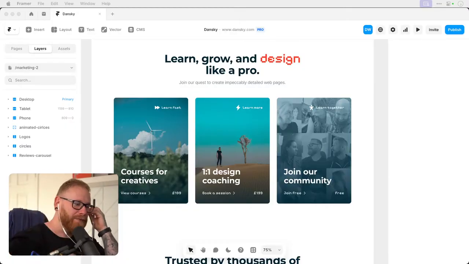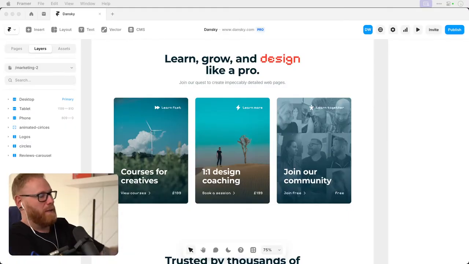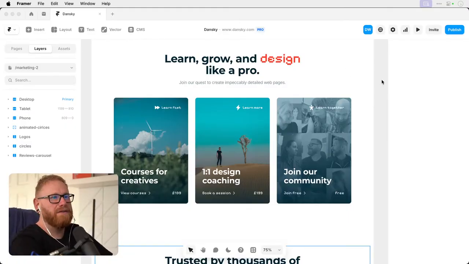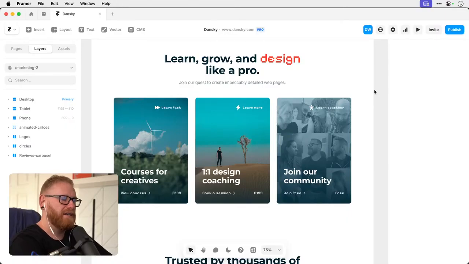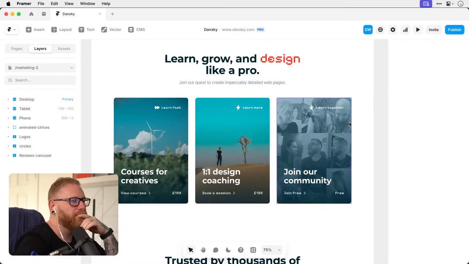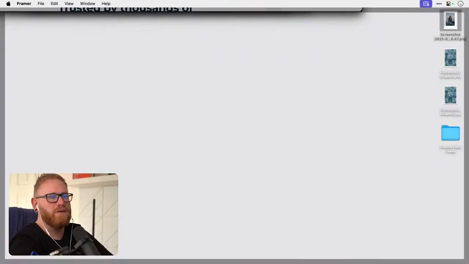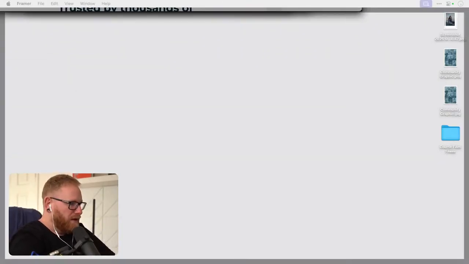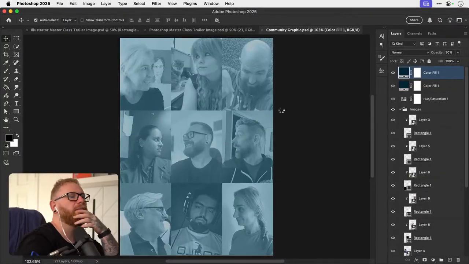Anything can happen. Oh yeah, I love that style, Moosh. In fact, that style is something I would love to have throughout the site actually. Even if it has to be a shot of me or something, make it black and white, but make the glasses orange. Or in fact, for the second one, the coaching, I do have, oh god, my desktop. I'm so glad you can't see it right now. It's horrible. Right, so I got a few different pictures of me, but it's how to make them all fit with this as well.